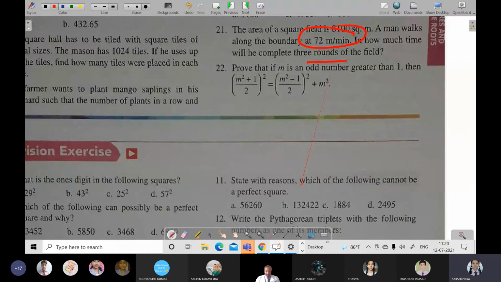Sir, I have not completed the revision exercise. Okay, so no problem. Today you will be completing it then. And if there is any doubt, you can ask tomorrow also. Okay, sir. So, anyone who has got a problem, if you have solved then you can ask. Otherwise, I will be going into the chapter 6 explanation today then.